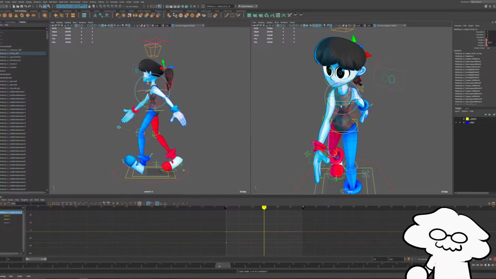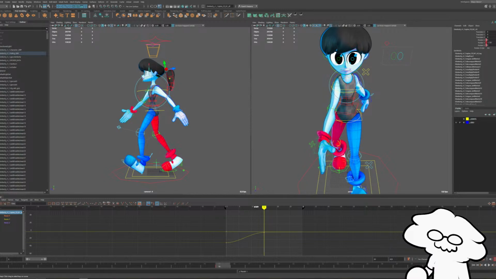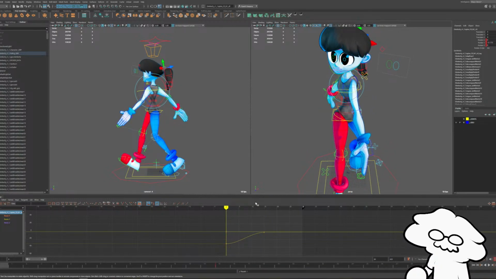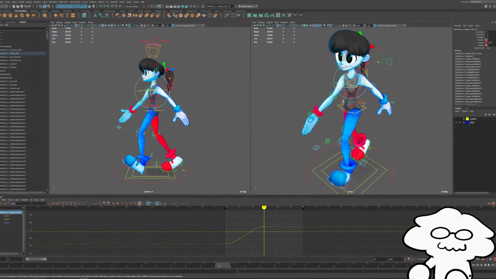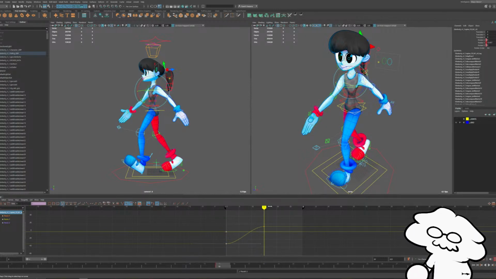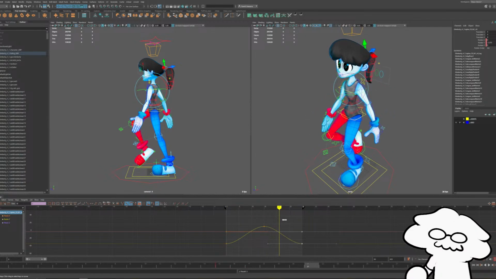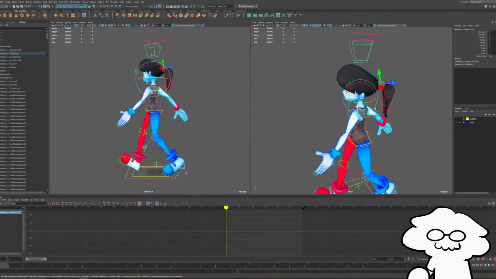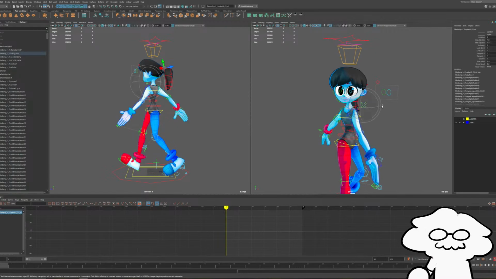Rotate that inwards. Well, I feel like I do have this backwards, don't I? No, I don't. Yeah, okay, now we're good. You're going to go back like that. And then forward for the front-facing arm, so it's always pointing in that direction. And then back to frame 0. Yeah, that looks good. As is, my head is not going to stay in place because I don't have world space built in right now, but let's turn that on real quick.